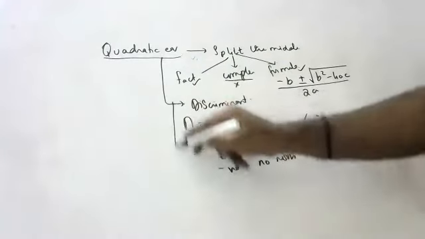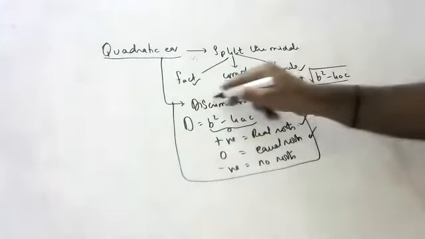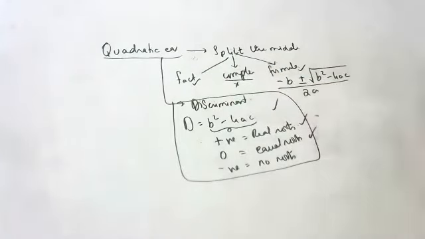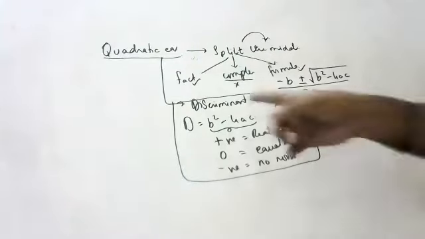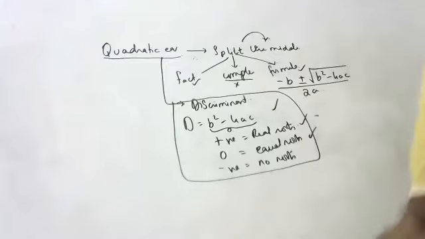Okay, so we have only two topics in this lesson, children. If situation problems are removed, one is finding discriminant, other is splitting the middle term. So we will do both simultaneously, children. Some examples of discriminant. In discriminant, finding k sums are coming regularly, children. How will the finding k sums be? These I will show you, children. Very, very important.